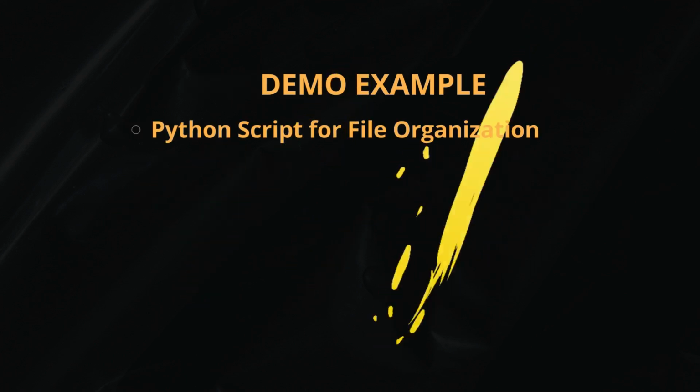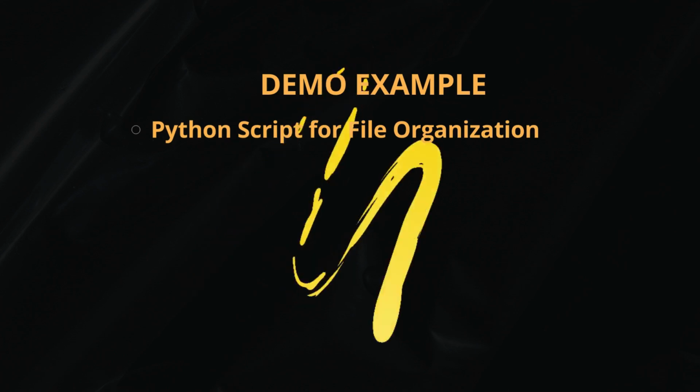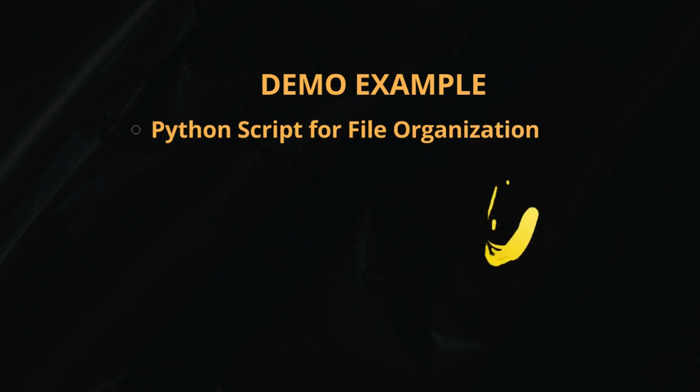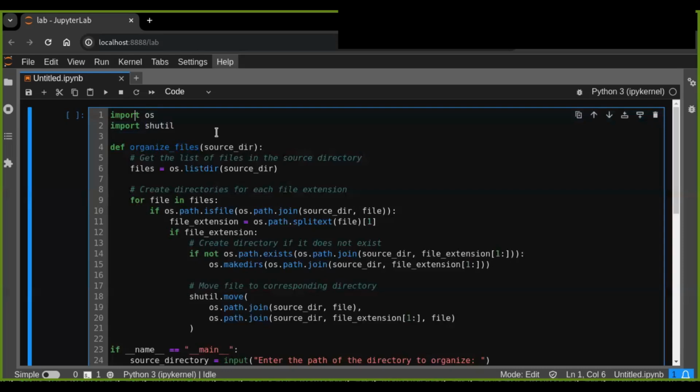Let's open our favorite code editor and start coding. In this demo, I will create a Python script for file organization. I will traverse directories, collect file information, and sort files based on their extensions. This is the Python script that's going to organize the file structures based on file extensions. So this Python script organizes files in a specified directory by moving the files into subdirectories based on their file